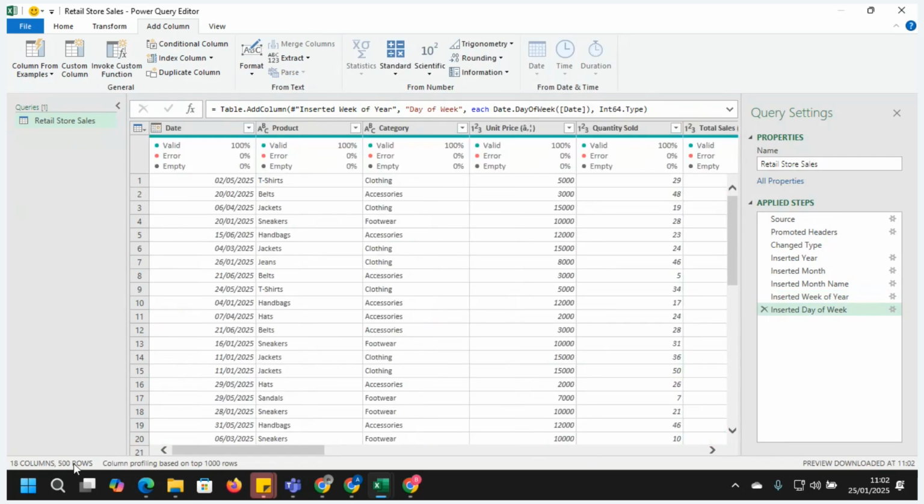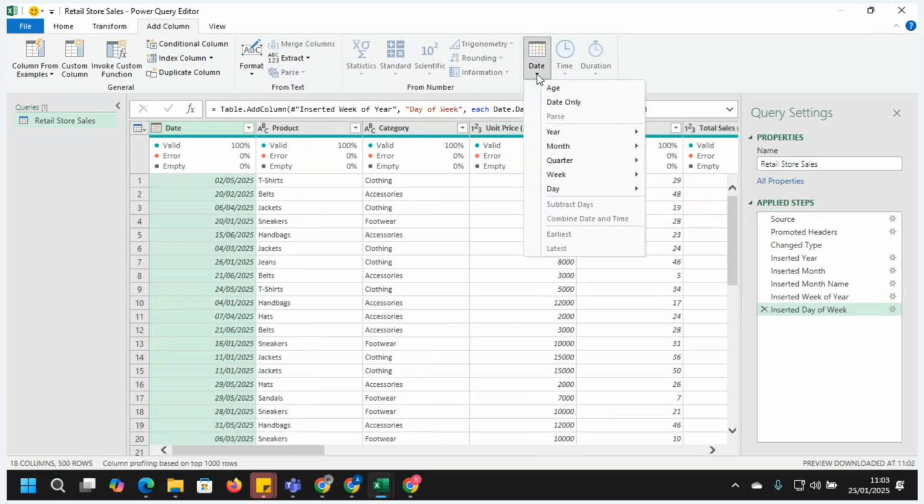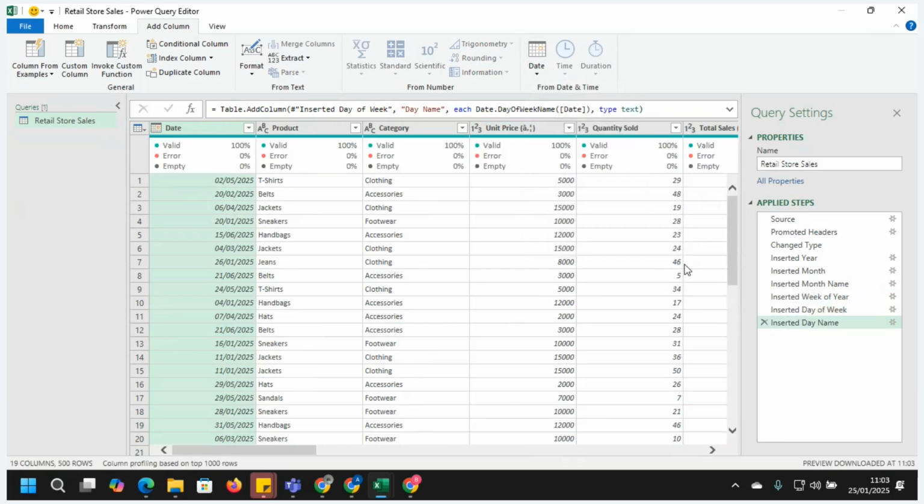The first thing I'm showing you is on this one, right? The last one I'm going to do now here is the name of the day of the week. Okay, that is that. I've just extracted like five different columns from my date. If you want to extract the first day of the week, or the first day of the month, or whatever for analysis, you can also go ahead and do that.